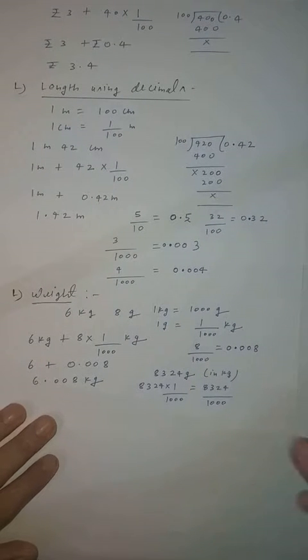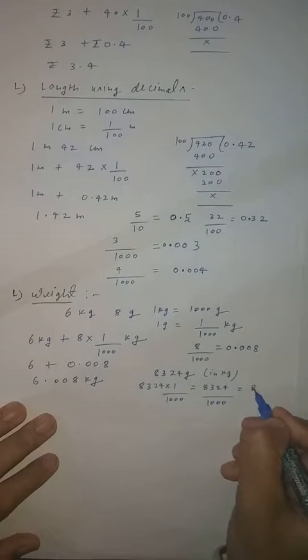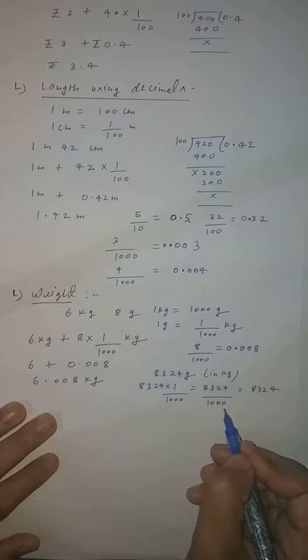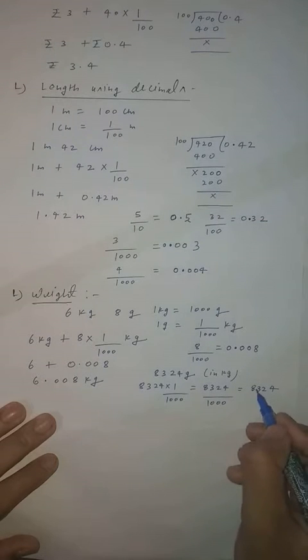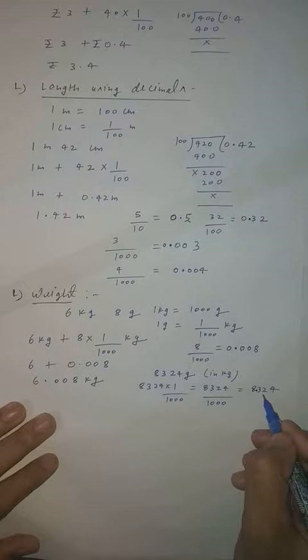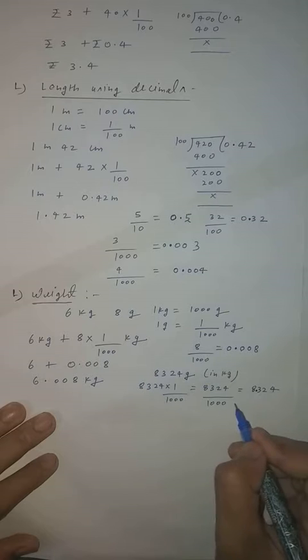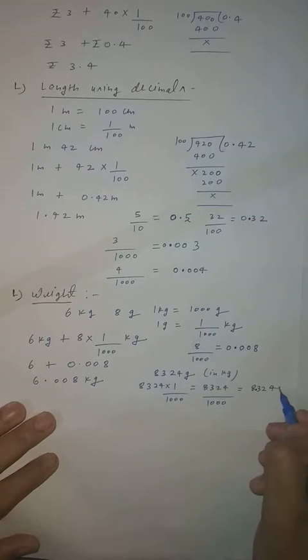Now immediately, if you want to know how, so student, you know what I explained: write down all the numbers 8 3 2 4. Acha, here you know that after the decimal there should be three digits because 1000 is given. So where will you put the decimal? Use your brain. If you put the decimal after 8, you can see after 8 there are 3 digits, 1 2 3. So this is your correct answer. If you put the decimal here, then after the decimal there will be 2 digits. This will be incorrect. What is the requirement? After the decimal there should be 3 digits. So you will put the decimal here. So after the decimal you can count 1 2 3 digits. So this will come in kilogram.